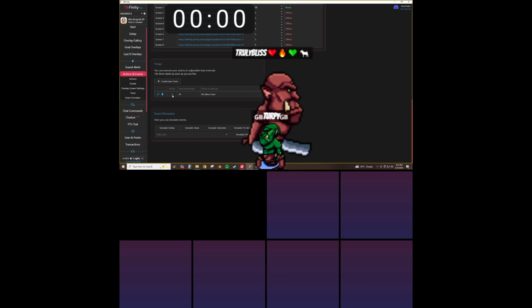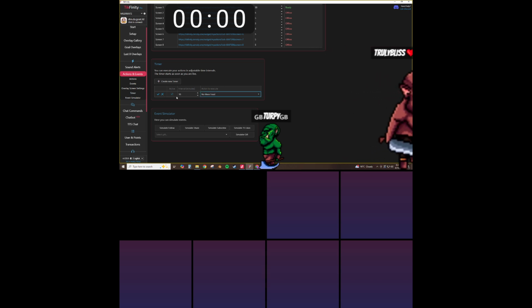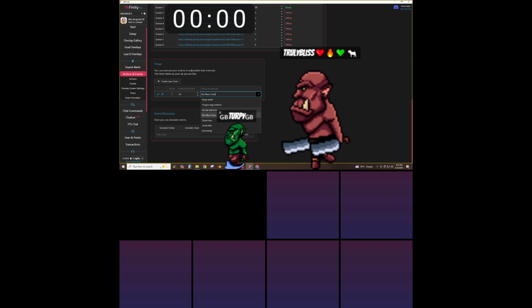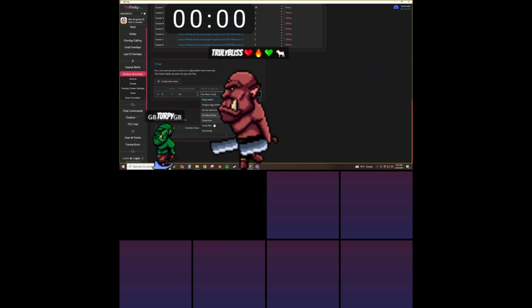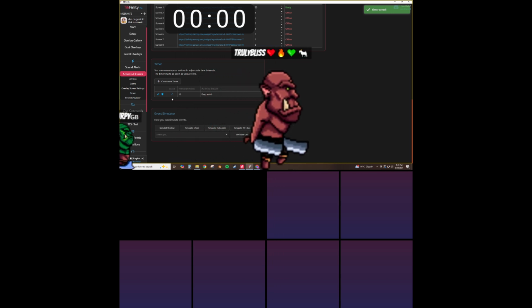You can create a timer to automatically run every 10 minutes. Mine does one of these actions, so I can edit that action and say keep watch or something if I wanted. You can simulate